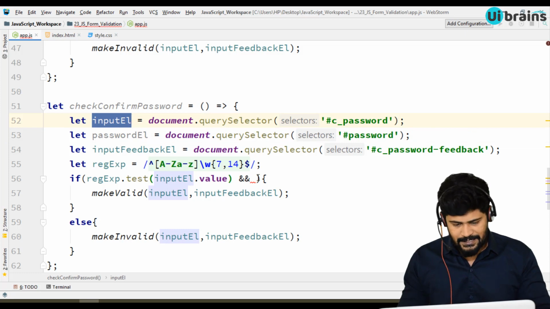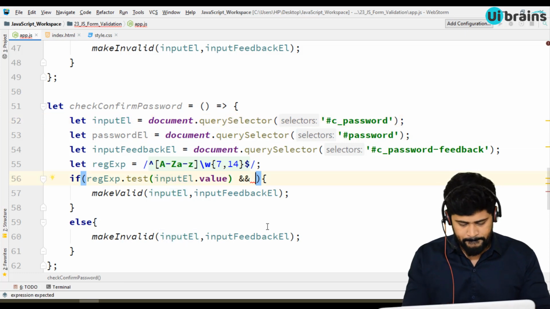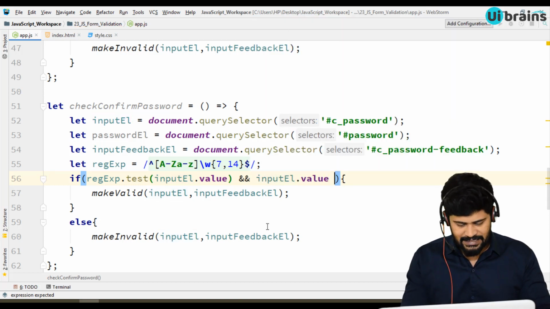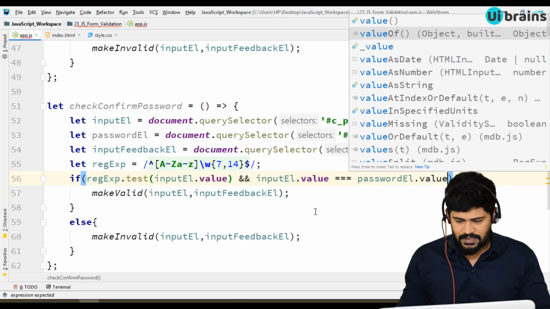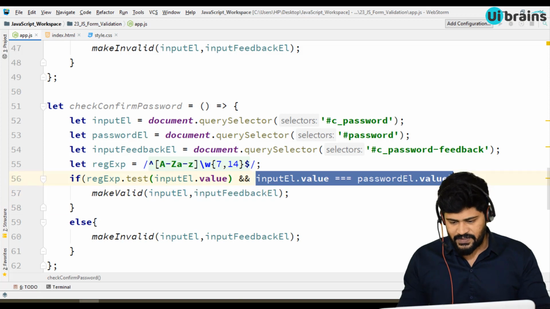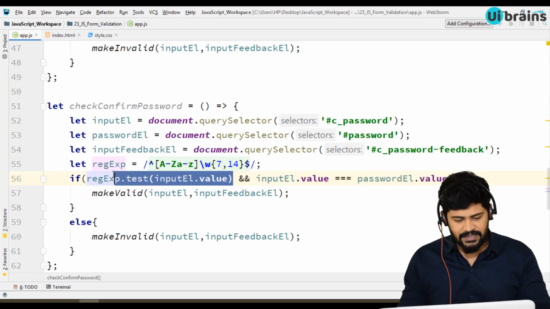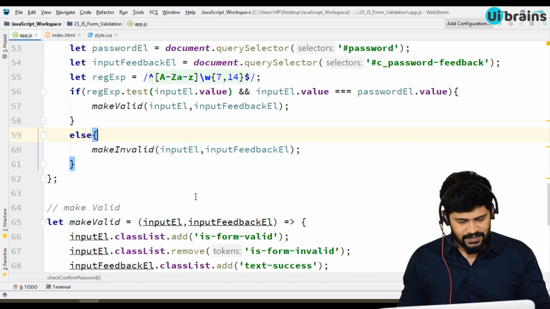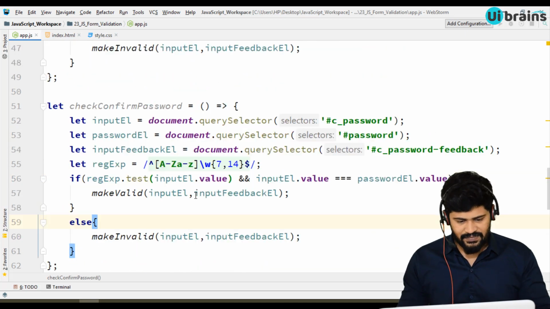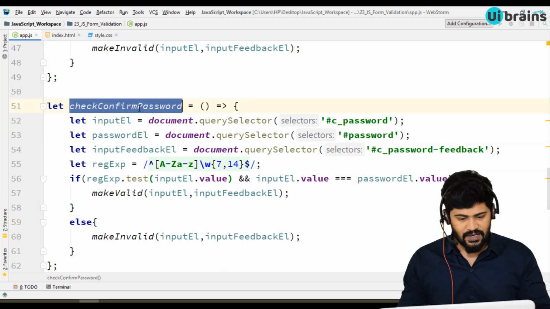Here, inputElement.value is equal to passwordElement.value. So if both the field values match and also satisfy the rule, then make it valid.